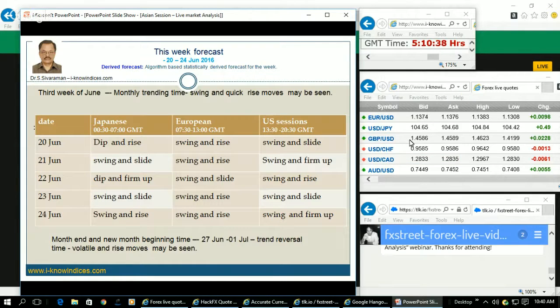When they start making the slide, keep the stop at entry and then try to book profit during the downward move, which they are expected to make during the US session. Then tomorrow, they are also expected to make a swing and slide during the Japanese session, and then start gaining the level during the European session and firm up during the US session. Then on Wednesday, they are expected to make a dip and create the feel that the UK Europe referendum might create some problem. They will just create it one day before the voting and then firm up and then start sliding